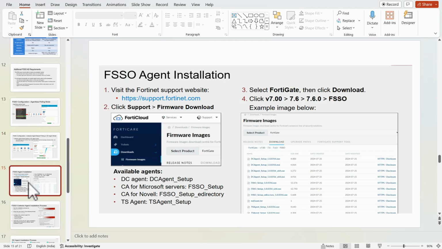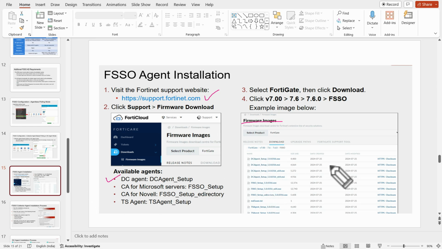Now let's see how we can download the FSSO agent images. For that, we need to go to support.fortinet.com and log in with your support ID. There we can go to the firmware images, and here we can download the DC agent setup.